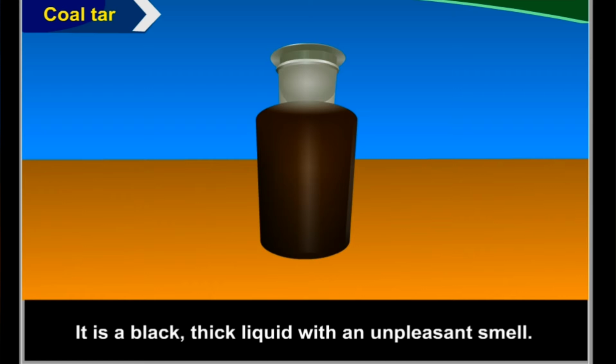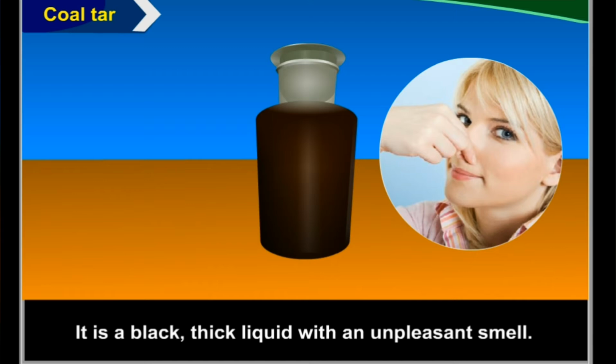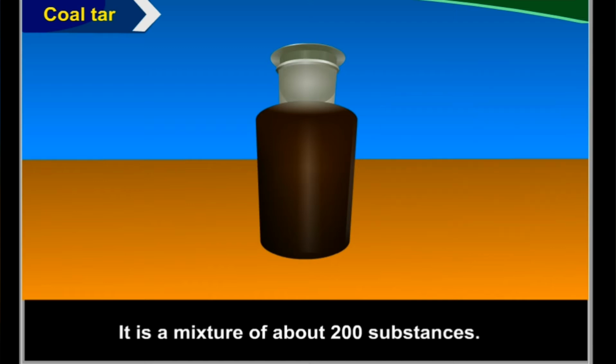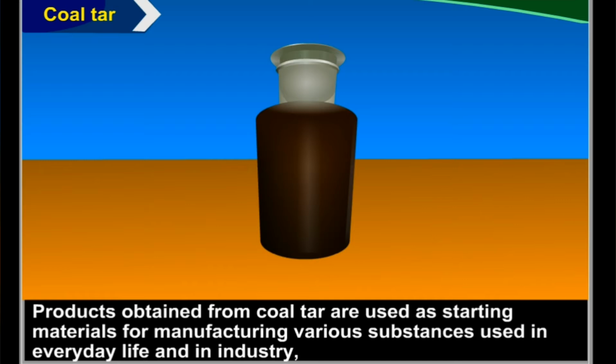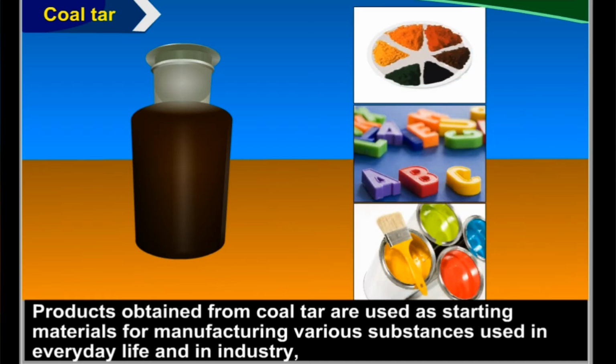Coal tar. It is a black, thick liquid with an unpleasant smell. It is a mixture of about 200 substances. Products obtained from coal tar are used as starting materials for manufacturing various substances used in everyday life and in industry, like